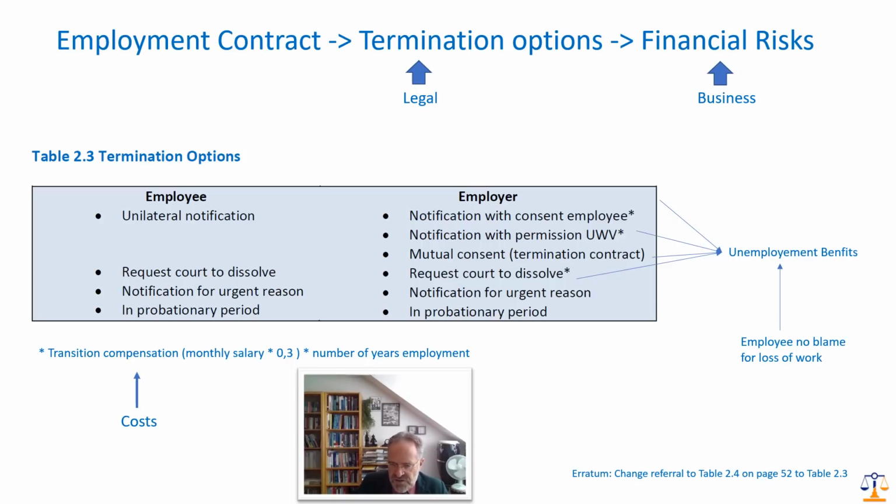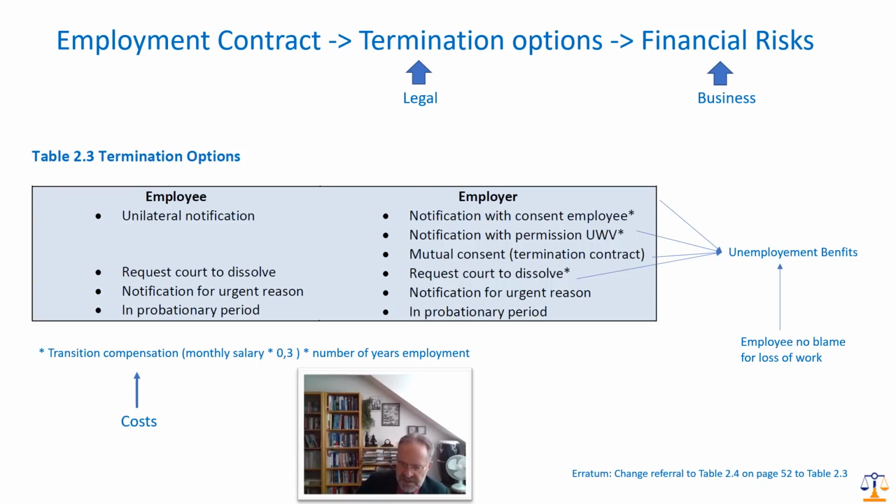Another option is that he notifies, legally valid, because he gets permission from the UWV, the Employee Insurance Institute. Another option is that you come to a contract together, you agree on terminating, and you document the conditions in a termination contract. An employer, but also an employee, can go to court. An employee will generally not do that quickly, but an employer may go to court and ask the court to